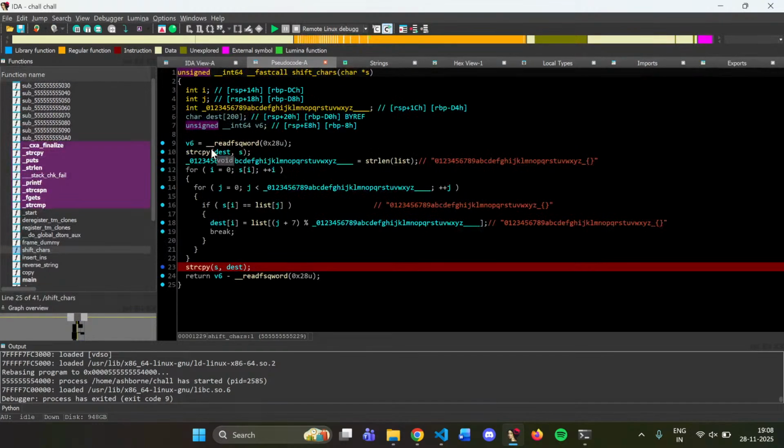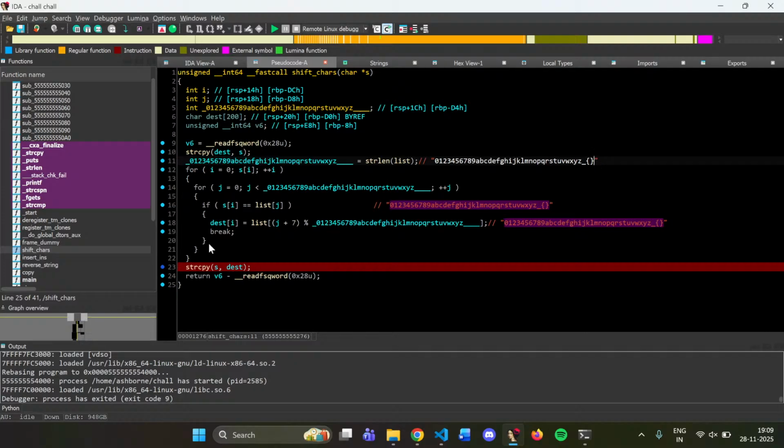Shift characters. This is basically my own custom ASCII, as I would call it. I want a slide. It will be made up only of these, this is an entire character of a flag. It can only be from this much. So what this is doing is taking our input and cycling through a list, going to the particular index where our input character matches the character list, and then